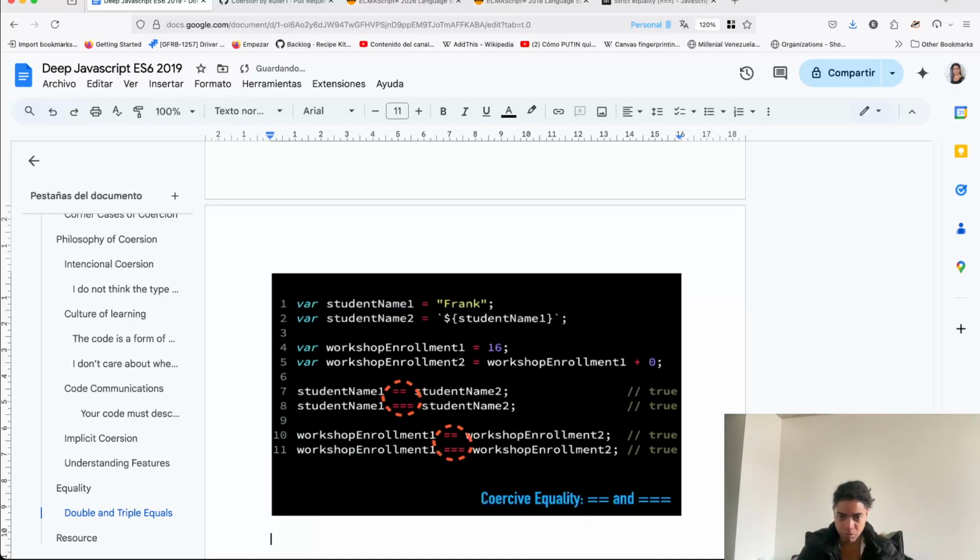If Workshop 1 and Workshop 2 pointed at literally the same object reference, then their identity would be the same and you'd get true. But in this particular case, they're not equal. And this is interesting because